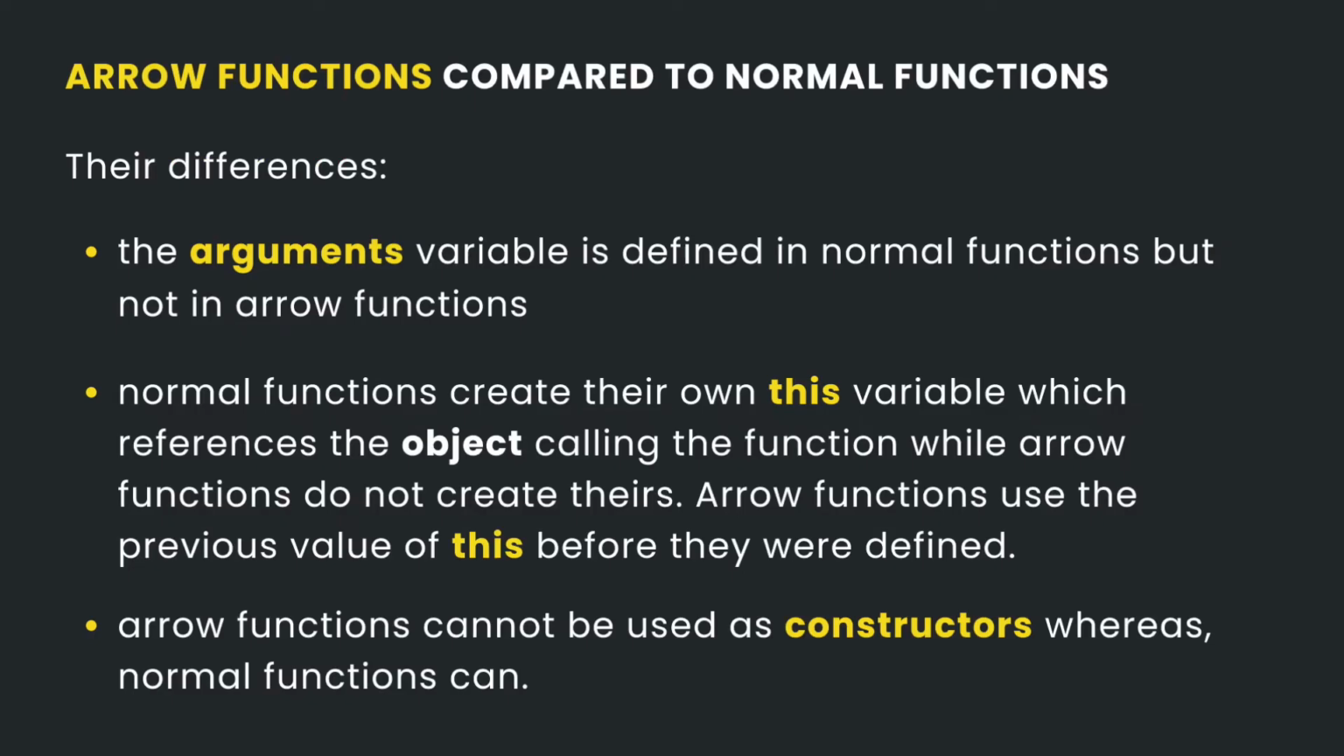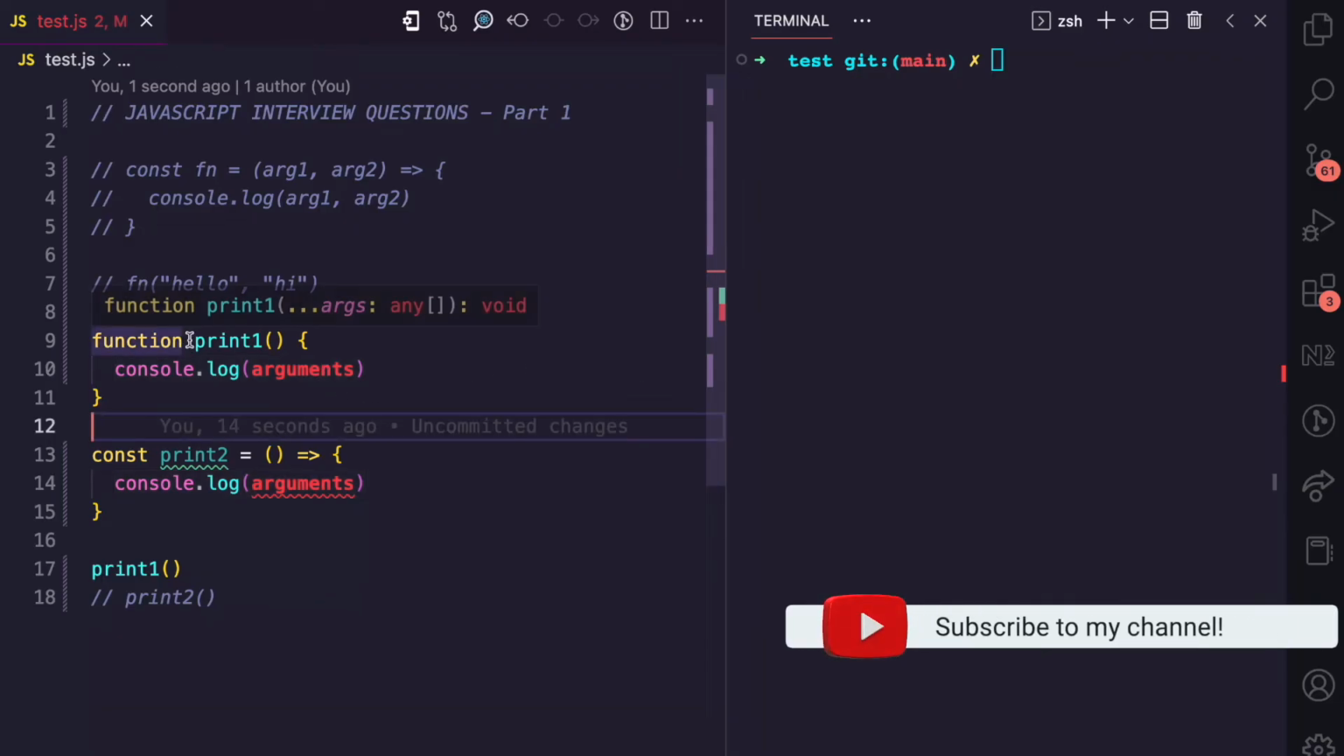Now what is the difference between arrow functions and normal functions? Now there are a couple of differences, but I'm going to show you 3 of them. The first difference is that the arguments variable is automatically defined in a normal function, but it is not defined in an arrow function. You can see here we have print1, which is a normal function, print2, which is an